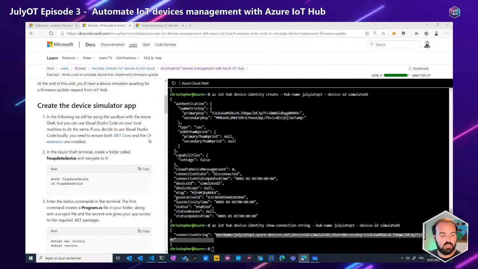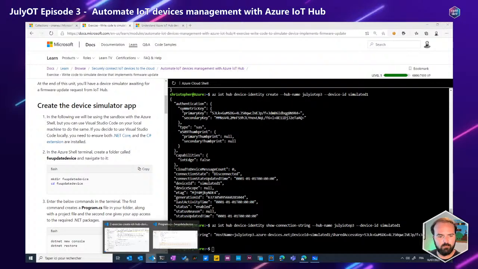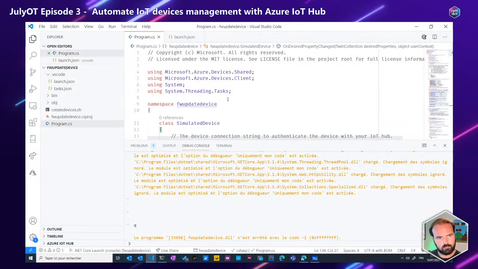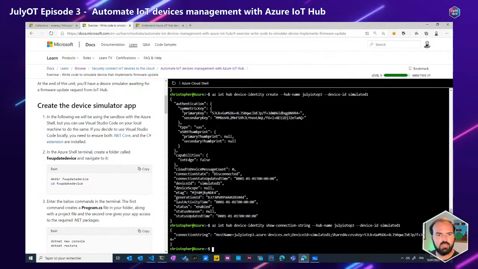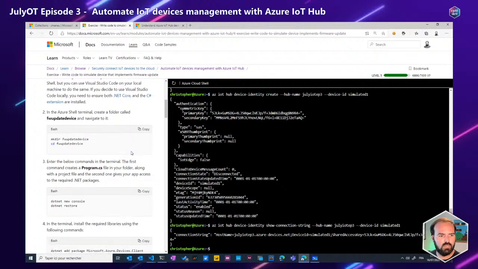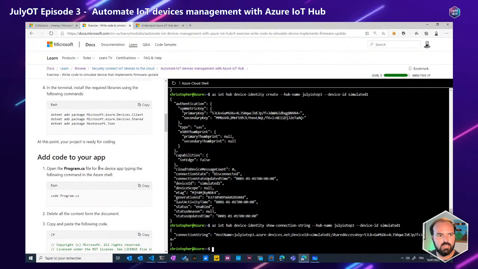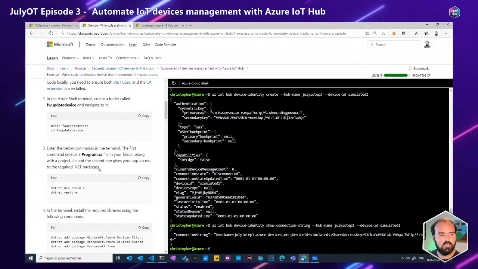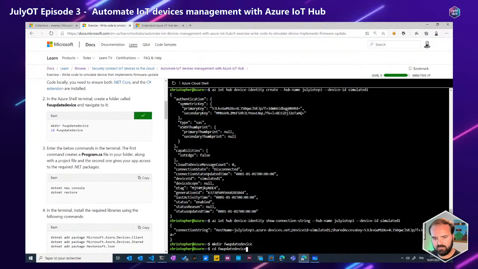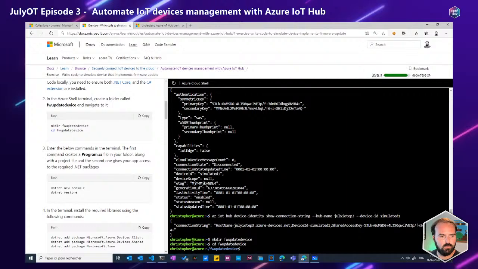I've already copy pasted all the code onto my system in Visual Studio Code, so I have everything. But if you want to follow along, it's quite simple because there is only one code file. And actually, if you don't know, you can do all of these things directly in the Azure